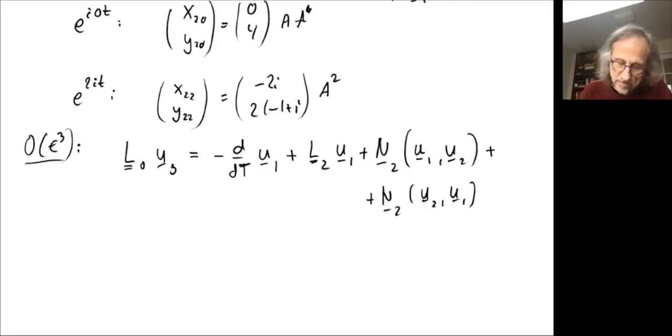Now we know at cubic order we already have an e to the it term showing up, another e to the it term showing up. And in this quadratic nonlinearity, remember that in the x component, the quadratic nonlinearity is simply y squared, meaning this times this, and so we square it. U1 has a frequency 1, U2 has a frequency of 2 and a frequency of 0. And so therefore we can combine these two terms when we multiply them. They will generate frequencies 1 in different ways,